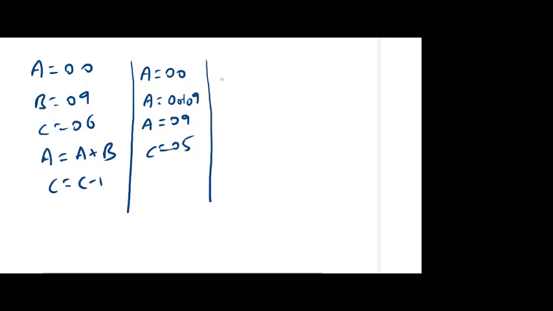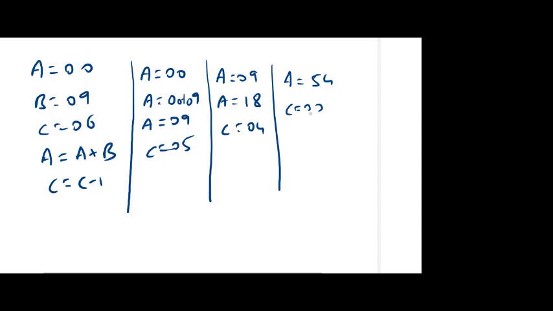Then again, now A is actually 9, and we do A equal to A plus B. So 9 plus 9 is, I am just writing in decimal, although the multiplication is in hexadecimal, but I am writing in decimal. So 9 plus 9 is 18. Then C becomes 04. This continues until we get the final result, so 9 6s are 54. This is actually decimal; in 8085 we will get a different representation in hexadecimal, when C actually becomes 0. So this will run in this way. When we don't have any multiplication, we need to add that particular data that many number of times.